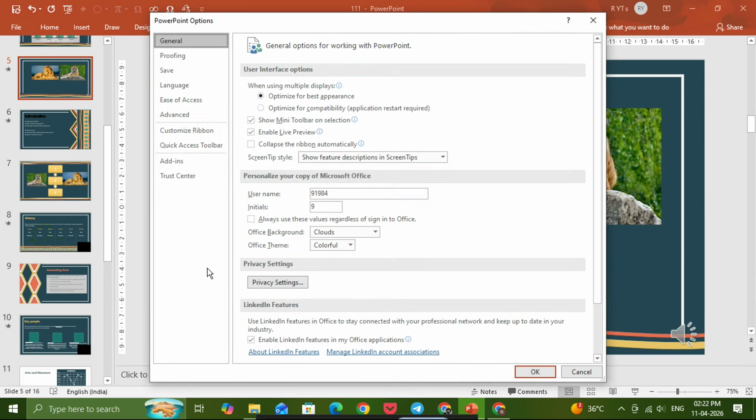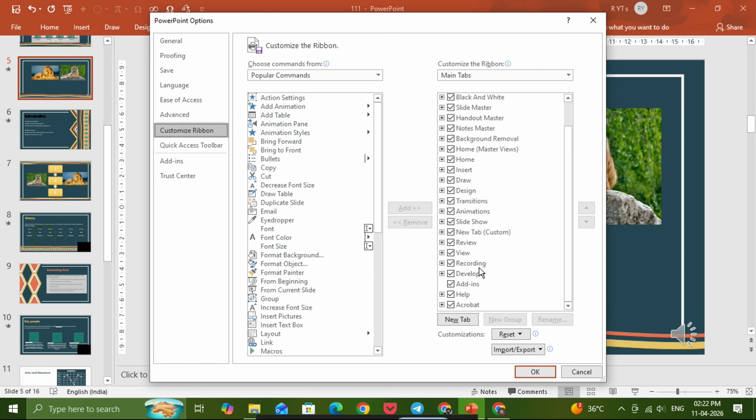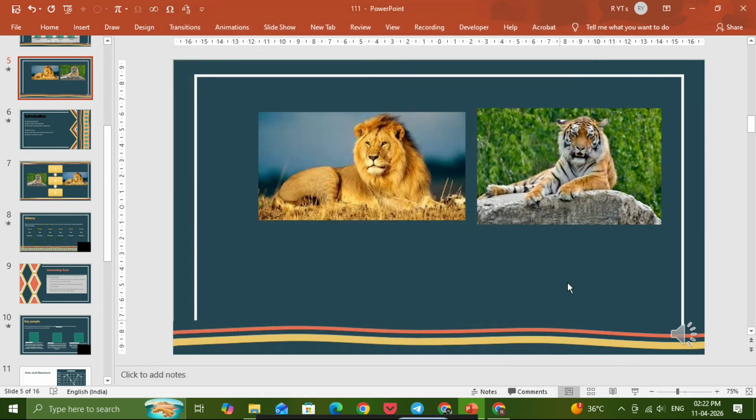On the left-hand side, click Customize Ribbon. Now look for the list of main tabs on the right side and find Developer. Check the box next to Developer, then click OK. Once you do that, you should now see the Developer tab appear at the top of PowerPoint. This is the tab you'll use whenever you want to work with VBA code, macros, or other advanced tools. If you're following along, this step is essential because without the Developer tab, you won't be able to access the